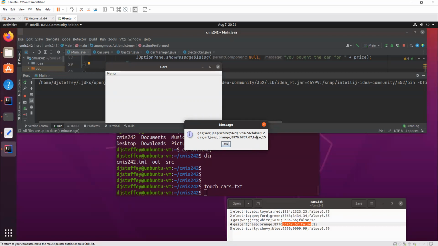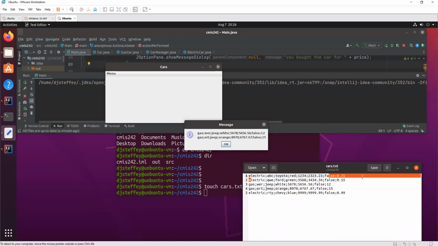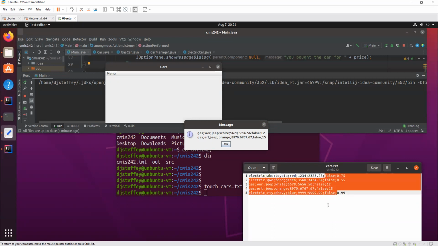When we closed the program, anything that we did to those cars in memory is gone. All of that is gone. Anything in memory is gone. So now when we run the program a second time and we load the file again, it only loads what is in the file. And the file says they're all not sold. They're all false. So what do we need to do so that if I close the program and then the next time I open it, it's correct if it is sold or not? It remembers what happened last time. Well, the only way to do that is to write it to a file.